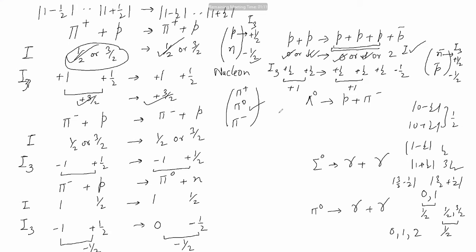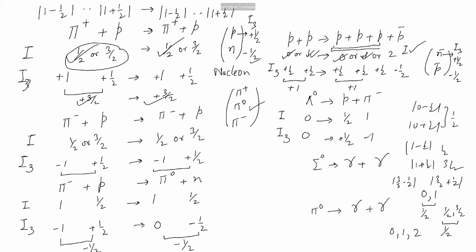Now let us talk about this one. I3 in this example. What is the Lambda 0? Baryon. Single. Baryon, but what type of isotopic spin quantum number does it have? 0. Why? It is an isosinglet. If it is 0, this will be 0. While on the right hand side, this is half, this is 1. This is plus half, this is minus 1.